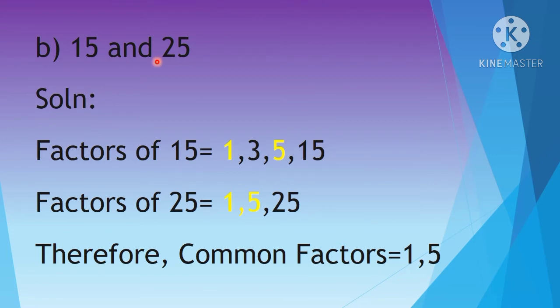3 and 5. So for every number, 1 and the number itself is a factor, right? Keep that in your mind and find out the remaining. 3 5s are 15. So then any other possible? No. So what are the factors of 15? 1, 3, 5 and 15. Write in ascending order, then it will be easy to identify.